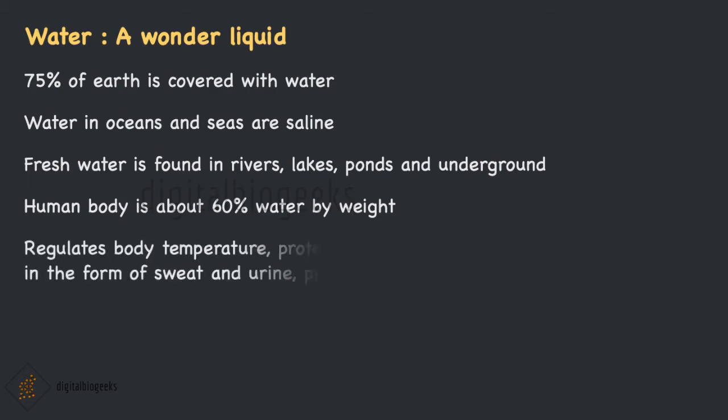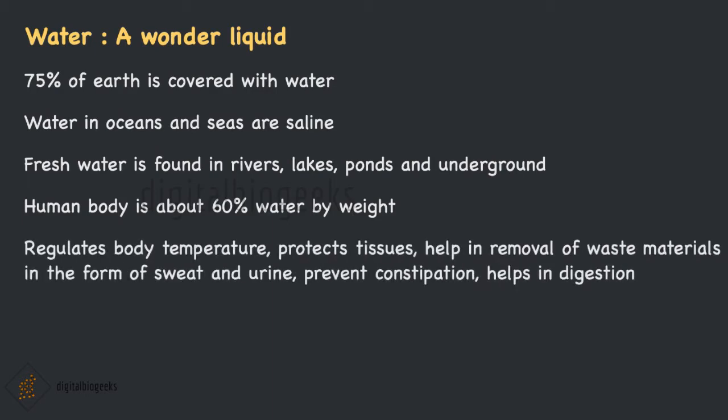Water regulates our body temperature, protects our tissues, helps in the removal of waste materials in the form of sweat and urine, helps to prevent constipation, helps in digestion, and all the cellular processes take place in a water medium. Substances are also transported from one part of the body to another part in a dissolved form. Not only humans, all the animals need water in order to stay alive. But we need fresh water for our body as our body cannot tolerate the high amounts of dissolved salts in